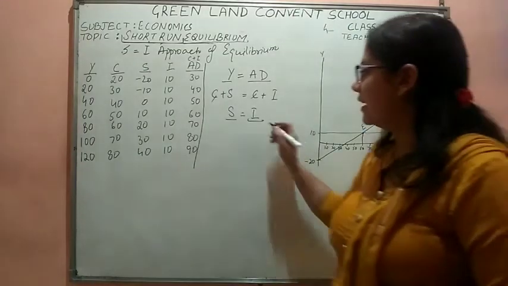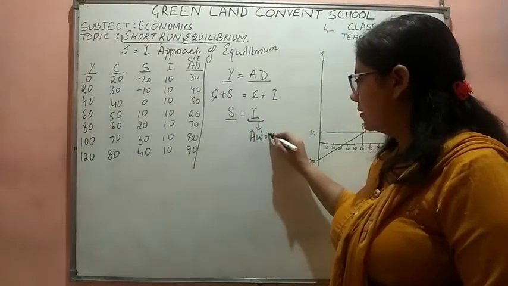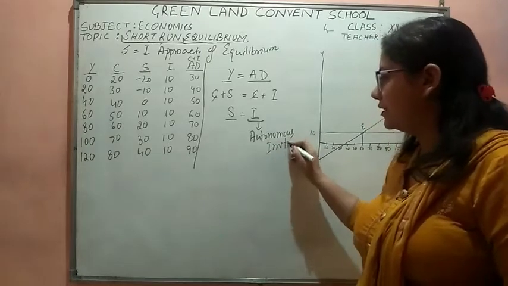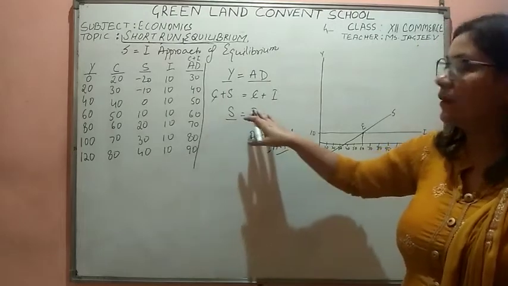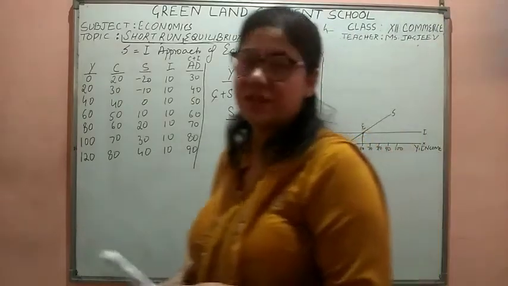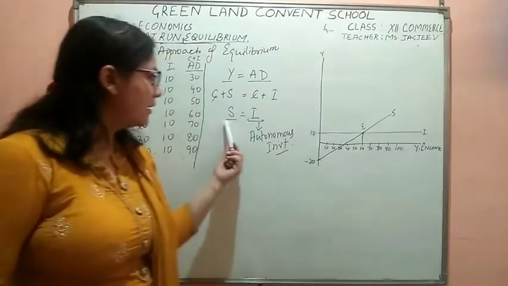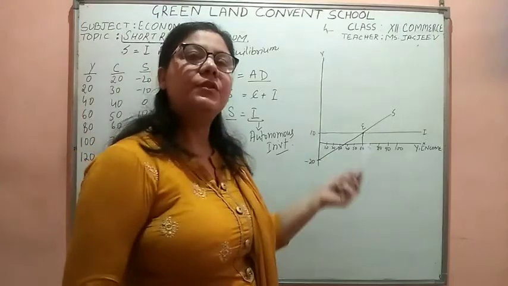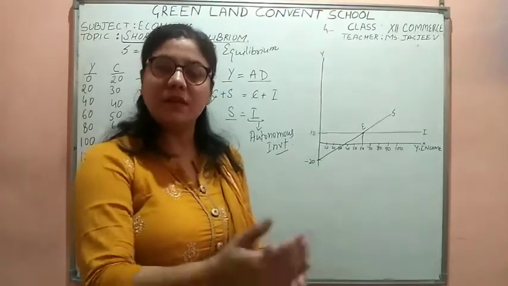Now when we say I is autonomous investment, it is investment done irrespective of the level of income. So when saving is equal to investment, whatsoever is saved in the economy, the whole amount is invested. Who are the savers? The same topic has arrived again. Savers are the households. They put their savings in the bank. From there the producers borrow and invest. In this way the saving is converted into investment.